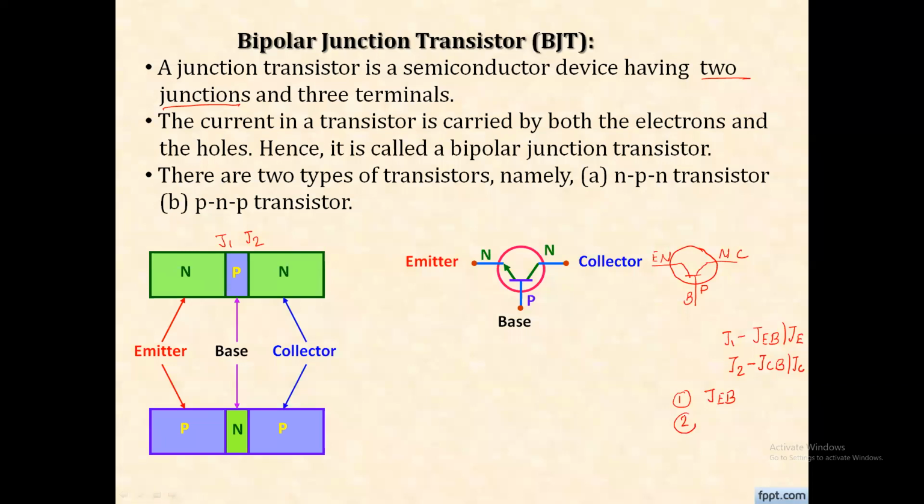And the second thing is that this arrow always indicates the direction of emitter current. Direction of emitter current. Now if you look at the NPN type, that arrow is pointing away from that circle, it means that emitter current is the outgoing current for the NPN type of transistor. And as I said, this arrow indicates the direction of emitter current, we know that current always flows from the positive terminal towards the negative terminal, so this is the arrow of an NPN type of transistor here.